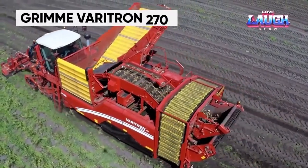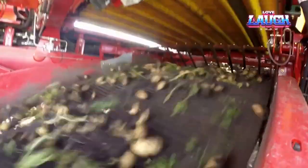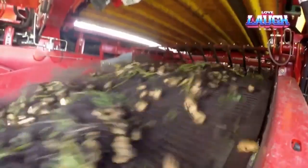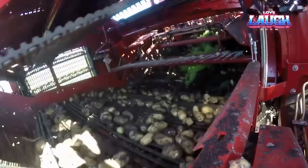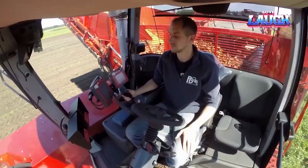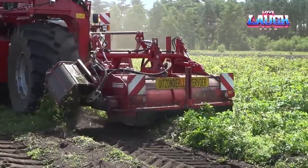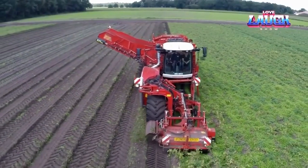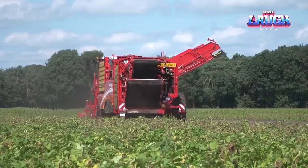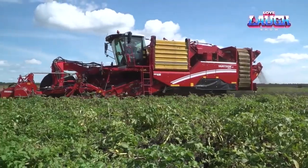First up, the Grimm Veritron 270. This 4-row self-propelled marvel boasts a staggering 15-ton hopper, ensuring uninterrupted harvesting even in the largest of fields. Its advanced technology and precision engineering make it a favorite among farmers seeking maximum yield with minimal effort. With its powerful digging and cleaning systems, the Veritron 270 efficiently separates potatoes from soil and debris, minimizing waste and